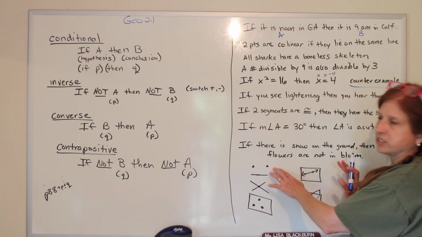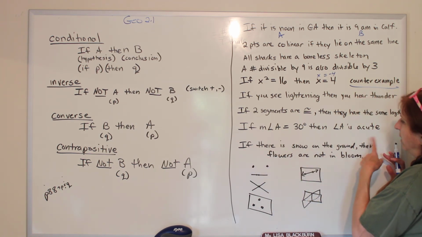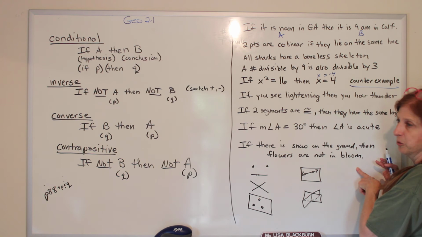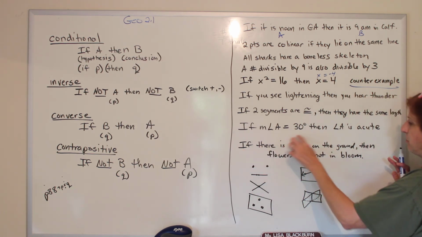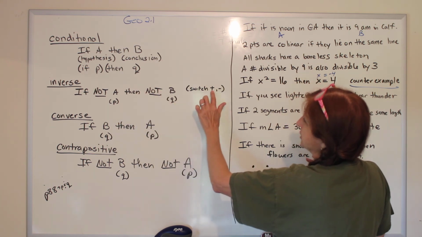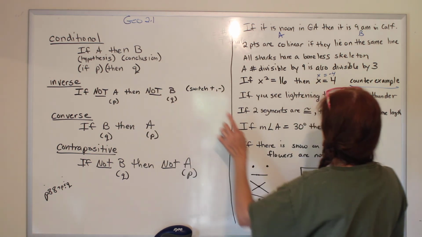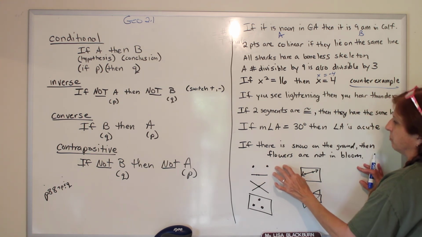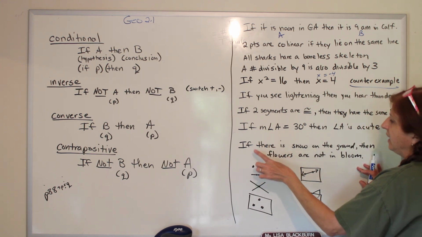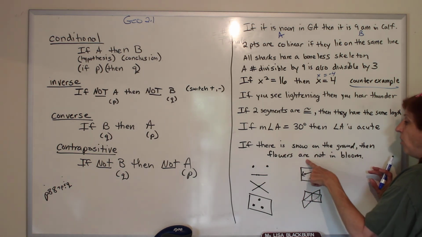Here's another one that also has some not true. This is the original. If there is snow on the ground, then flowers are not in bloom. So notice this is positive and that's negative. When you change it to inverse, if it's positive, you make it negative. If it's negative, you make it positive. So for this one, the inverse would be, if there is not snow on the ground, then flowers are in